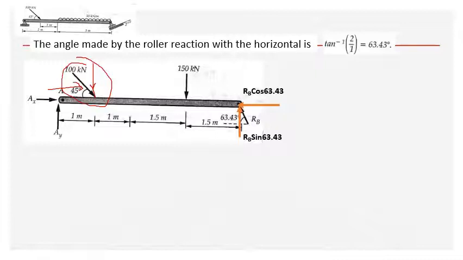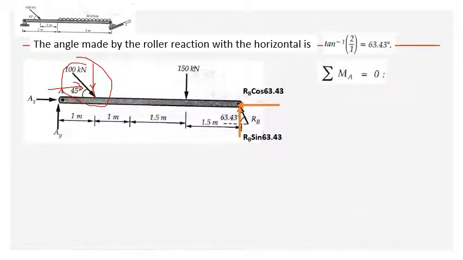Okay, so while applying the conditions of equilibrium, it is not mandatory that you first apply sigma H equal to 0, next sigma V equal to 0, or sigma M equal to 0. It's not mandatory to go in a particular order. We can apply whichever is suitable for us. Since here RB also has the horizontal component, so let's first find out RB. How to find out RB? By taking the moments about any point as equal to 0. So let's apply the condition sigma MA is equal to 0.